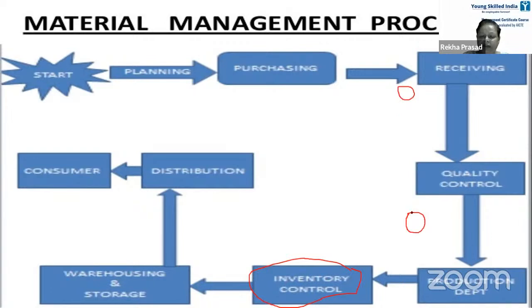How much is required? See, inventory should not be whatever. So forecasting is done. What is the requirement of the market? What the customers demand, what they want, how many of them want it. So how much you have to produce? Because see, at the beginning only I had said wastage should be less. What happens if suppose demand is so much and you have produced so much? So this is also known as